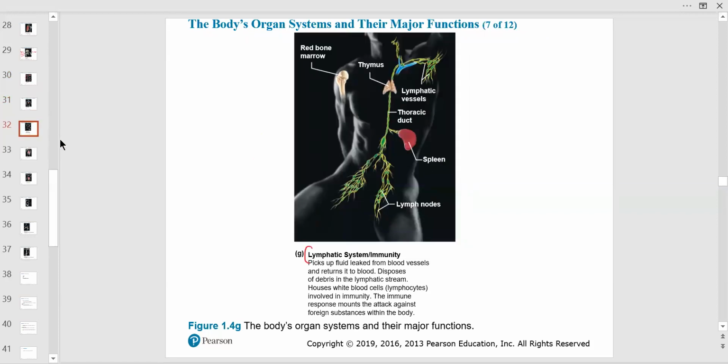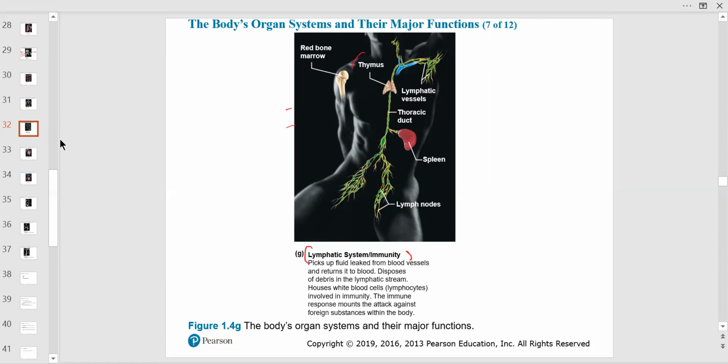Lymphatic system, this should really go along with the cardiovascular system. The lymphatic system is about reabsorbing excess fluid in the tissue, if you can remember that. It also carries immune cells, so it has white blood cells. It also carries dietary lipids. But I think for our purposes, when we talk about intracellular fluid and diffusion, and then when you go to cardiovascular, the lymph system will reabsorb any excess fluid that's in between the cells.